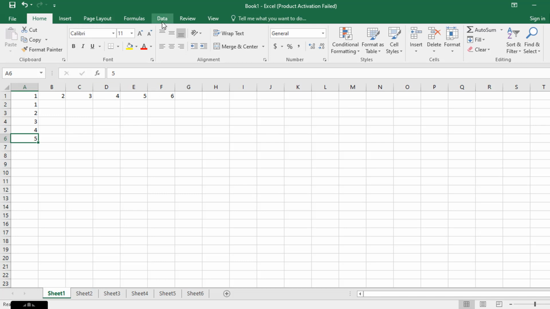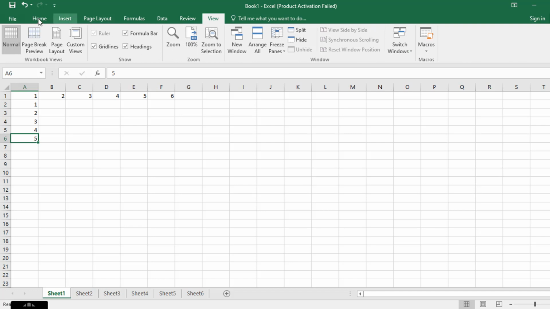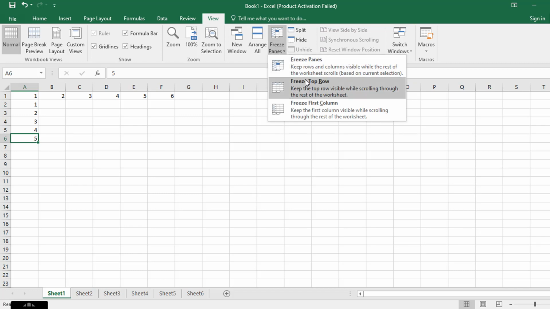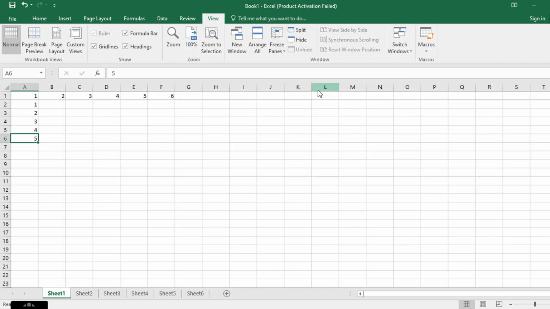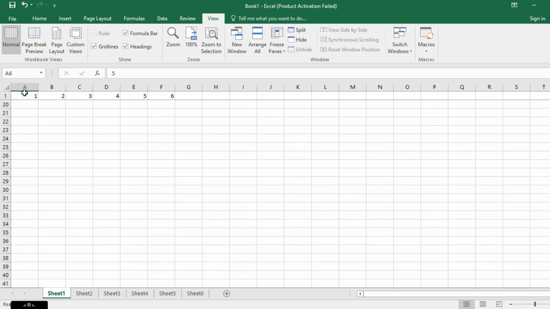For doing that, go to View. In View you have Freeze. You have options, such as freeze top row. Now the top row is frozen. Even if you go to the last line you can see the top line, but the column is not frozen.